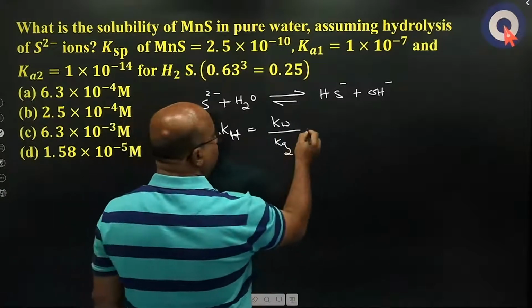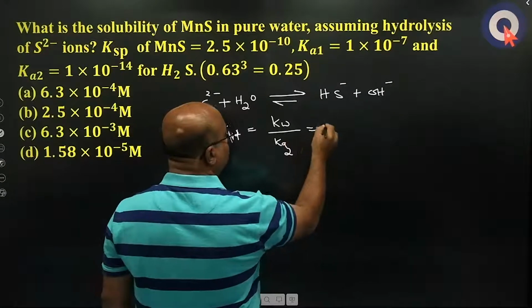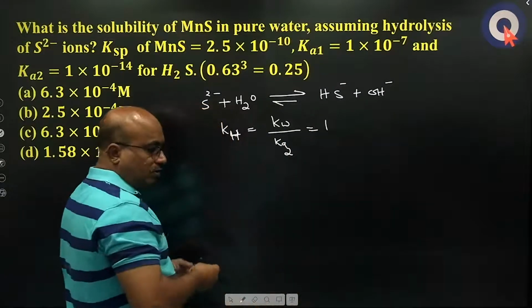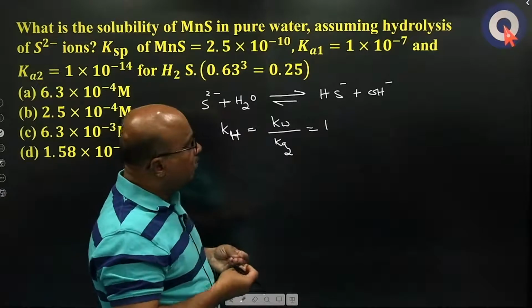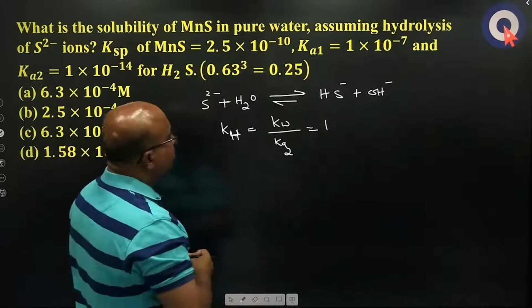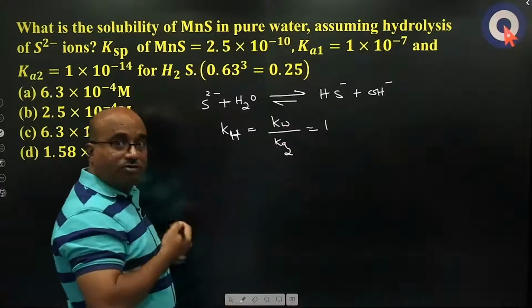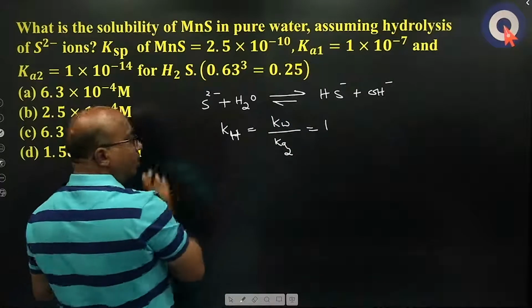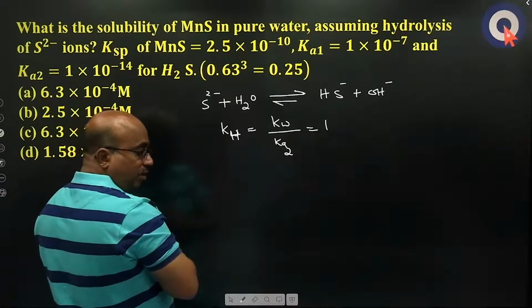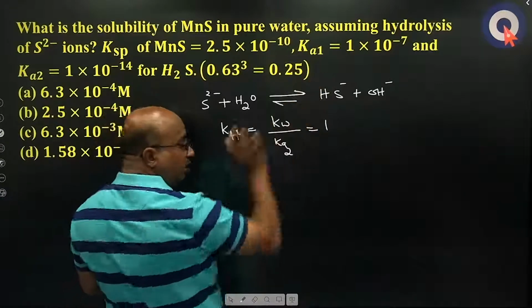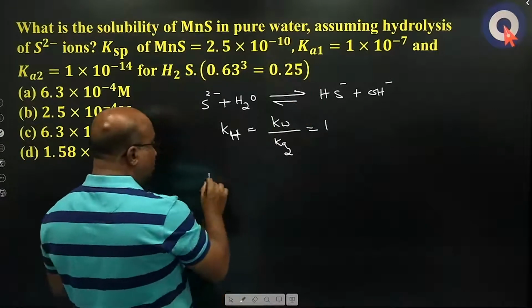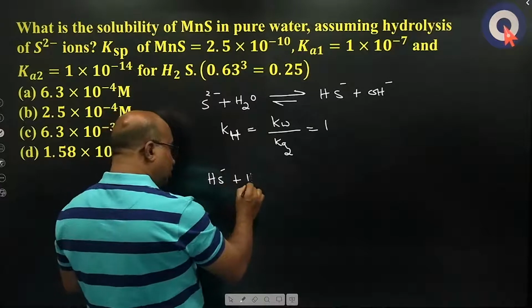So it is 10 to the power minus 14, this is also 10 to the power minus 14, so this is 1. Means it's a little bit higher value when we just consider it. Maybe this HS minus also may undergo hydrolysis, that also we don't know, because he said sulfide ion hydrolysis only, but maybe there is HS minus hydrolysis. Suppose HS minus hydrolysis will give